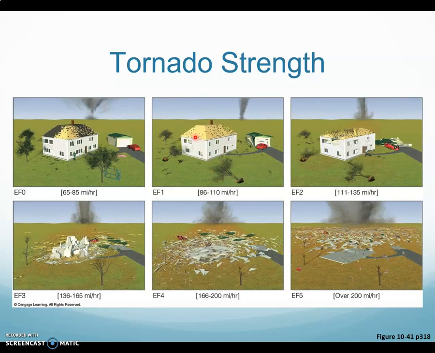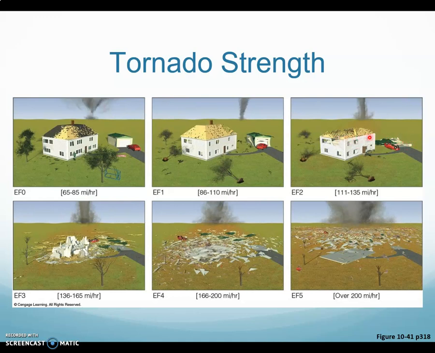EF1, you're going to have some much more serious damage. Trees are being uprooted. Sheds are starting to collapse. All the shingles are gone. Some of the paneling underneath the shingles are starting to go. Windows are going to be out. It's going to be pretty bad, but still not irreparable. EF2, you start to get complete devastation to light structure buildings like sheds or trailer houses,